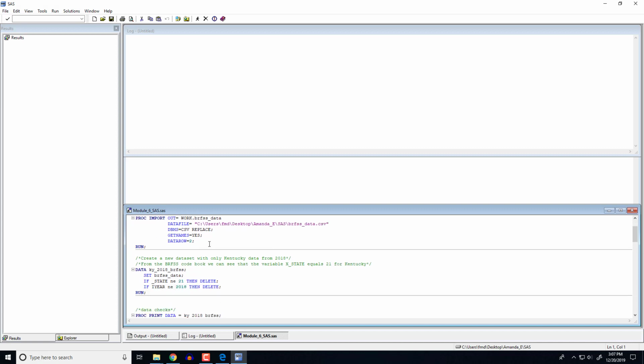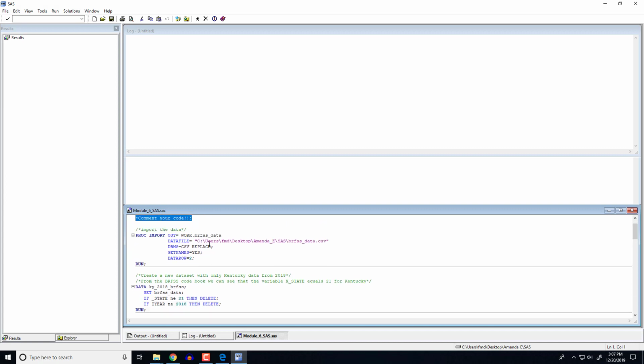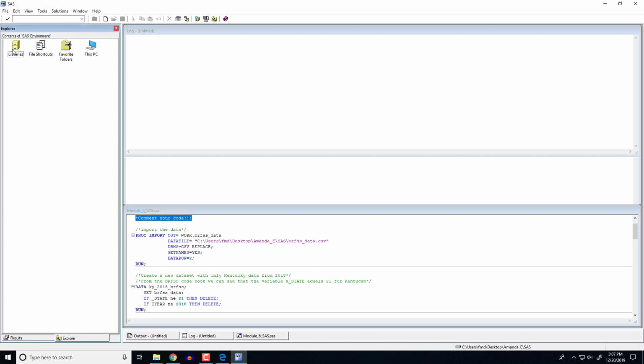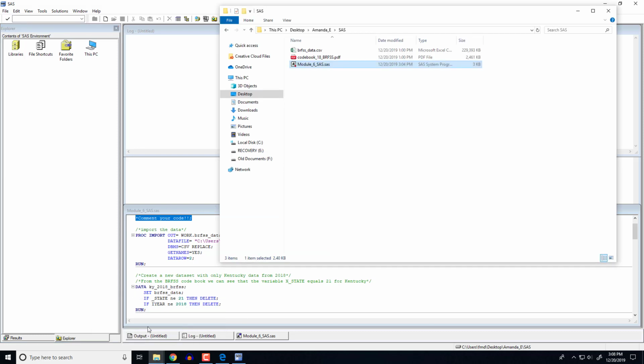So the first thing we're going to do is import our data set. So to import the data set, we're going to use the proc import step. The out statement is going to tell it where in SAS you want to store this data set. So we're going to store it in the work library. So remember that SAS has different libraries, and that's where it's going to store this data set. And then for data file, we need to tell it where the file on the computer is located. So to do that, the easiest way is to open up that folder on your computer where the data is